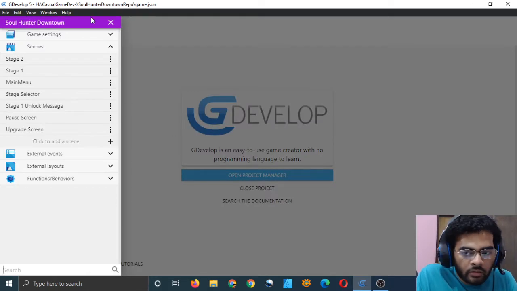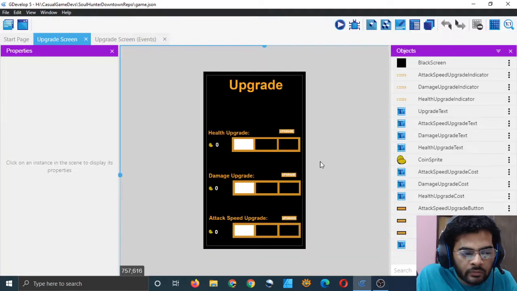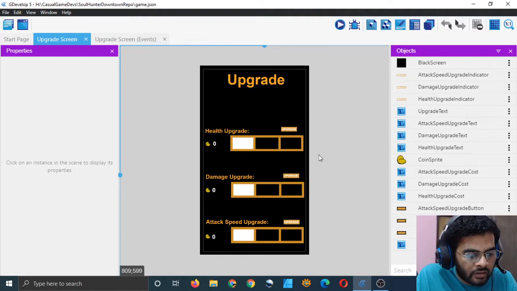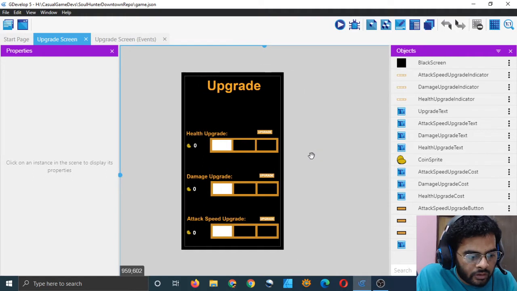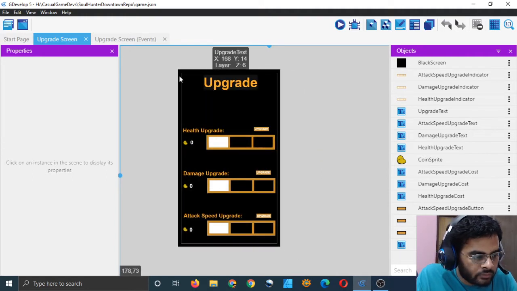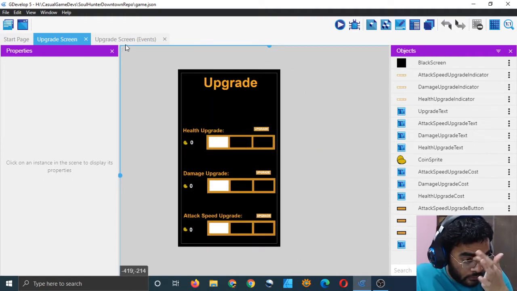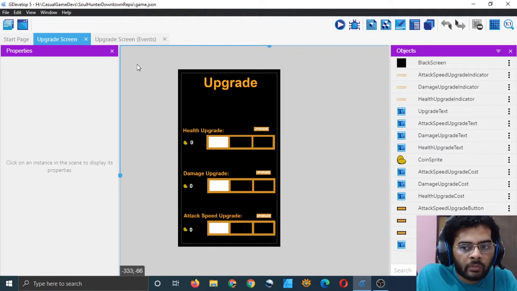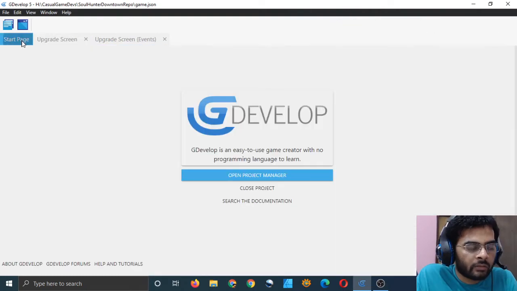So yeah, today I will be programming the upgrade screen. We just designed it yesterday, but today we have to program it. I also want to create a back button. A back button will just take you to the previous screen. I want to be able to do that because without a back button, things will be very difficult to do, and I will make a behavior for the back button. So